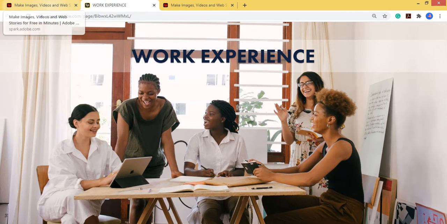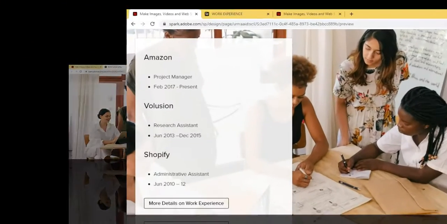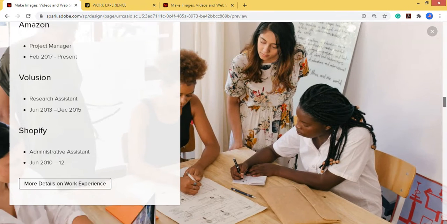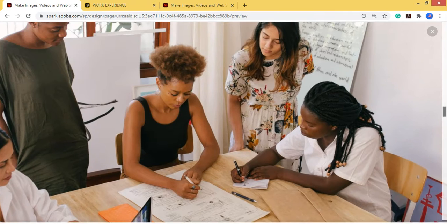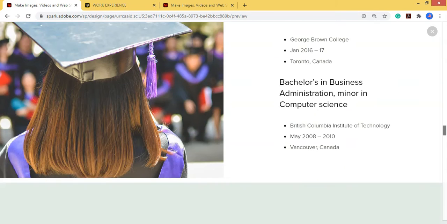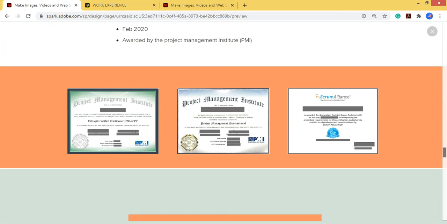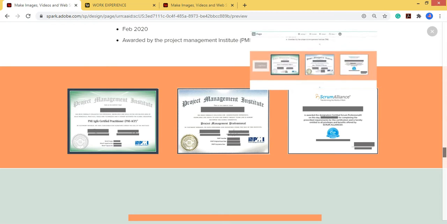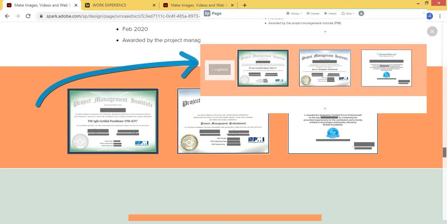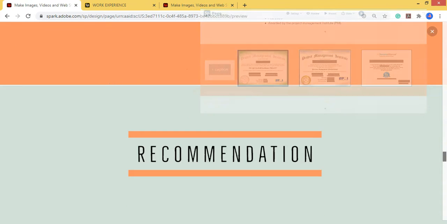Here I have created another page because I didn't want to load the main page with too much information. Hence, it allows the viewer to see the information that is relevant and to the point, as well as giving them the opportunity to get more details if needed. Now scroll down further, you'll observe that the window with the certificate pictures automatically removes the rectangle for caption. This is simply because we didn't add anything to it.